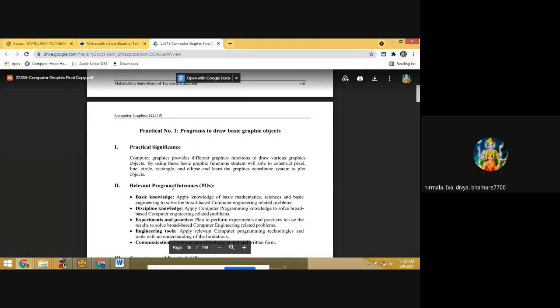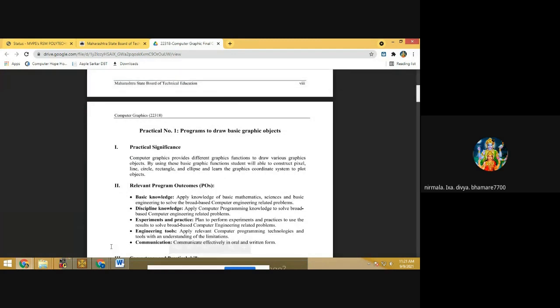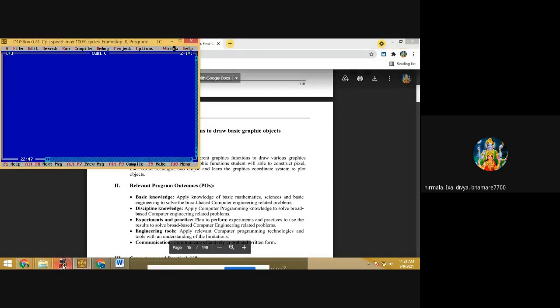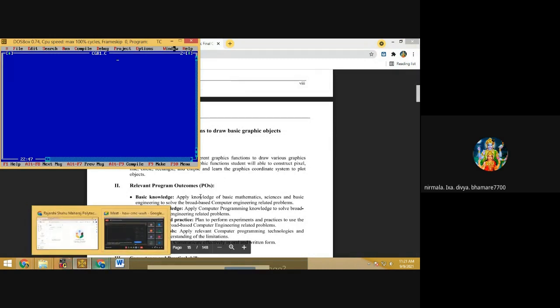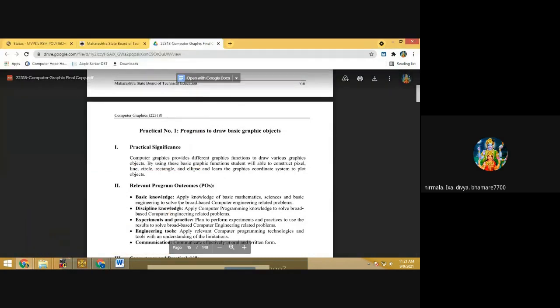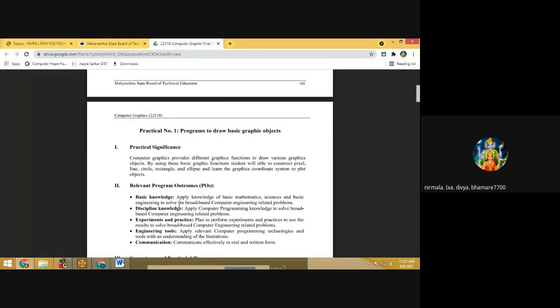Then what are the relevant program outcomes or POs? Basic knowledge, that is apply knowledge of basic mathematics, science and basic engineering to solve broad-based computer engineering related problems. Then discipline knowledge, apply computer programming knowledge to solve broad-based computer engineering related problems.